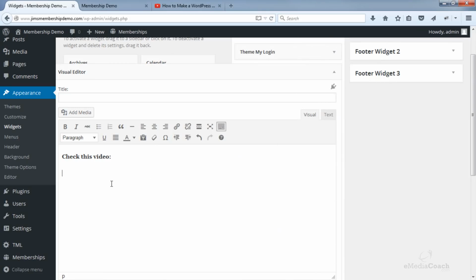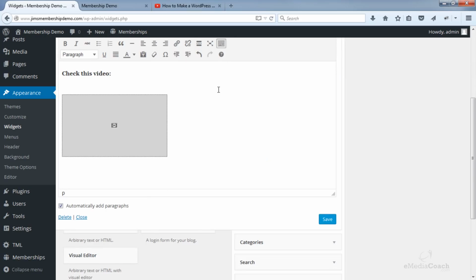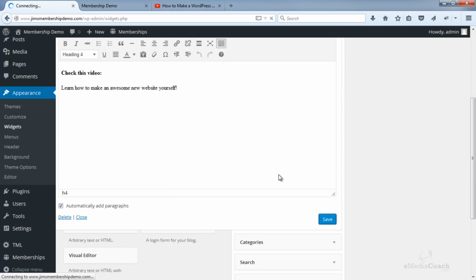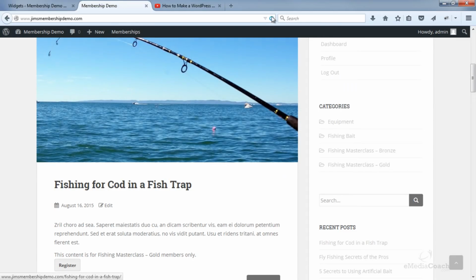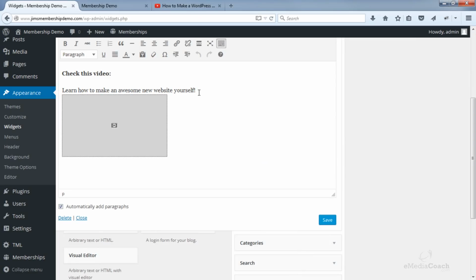Now if you want to add any code, all you need to do is go to the text tab and add it in there. It won't work if you add code in the visual tab. So the text tab is all the code behind the visual stuff. So now if I save that, and then I refresh our website, there you go, and we can add space after the paragraph as well.